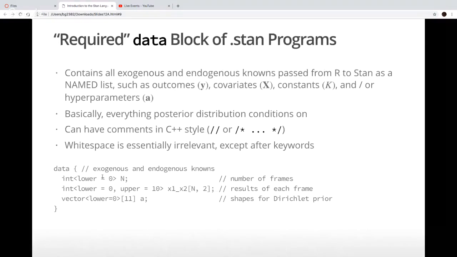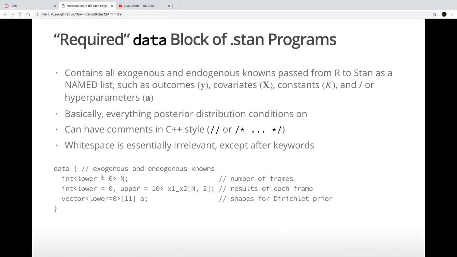So the data block of a Stan program is more or less required. Technically, you could draw from some distribution and not condition on anything, but that would probably not be very empirically useful. So the data block is basically all the things that you want to condition on in Bayes' rule. Everything to the right of the vertical bar on the left-hand side of Bayes' rule.